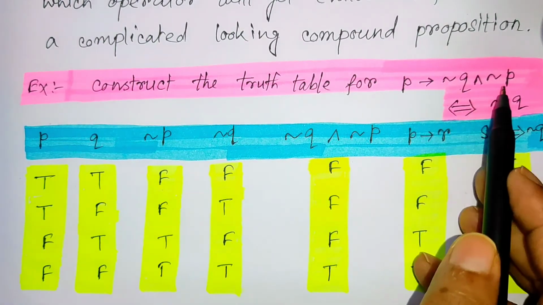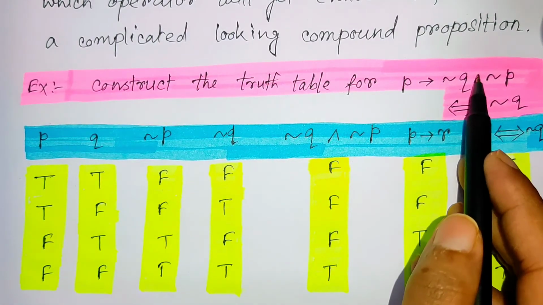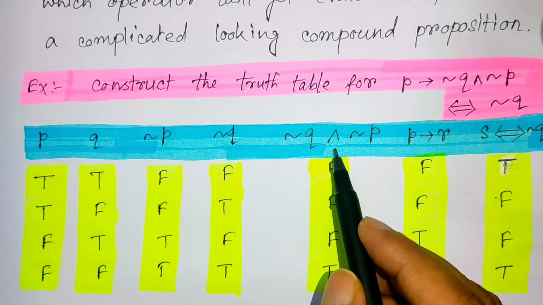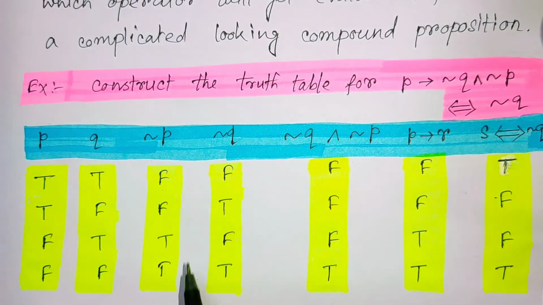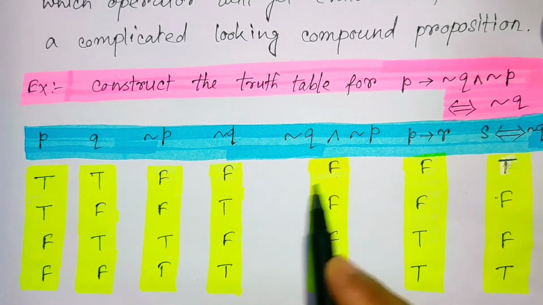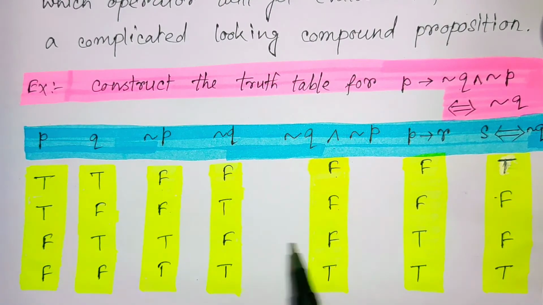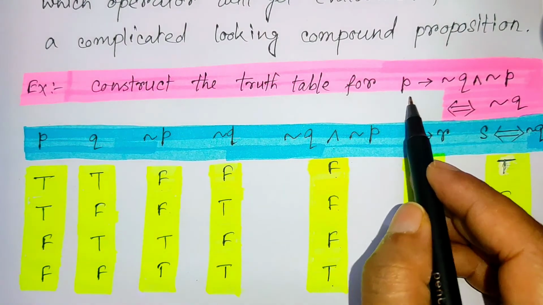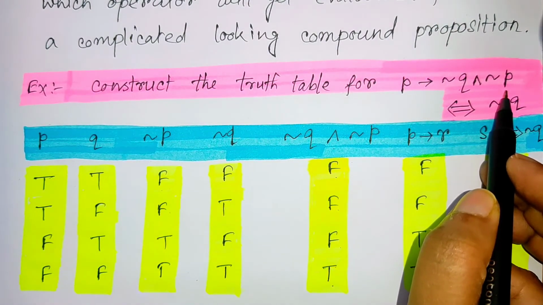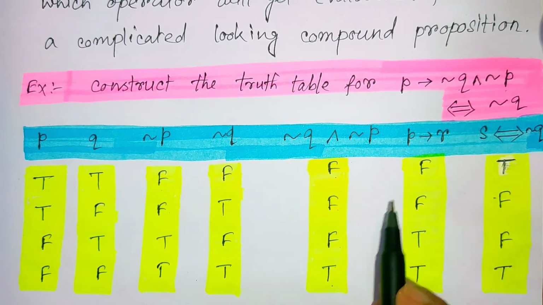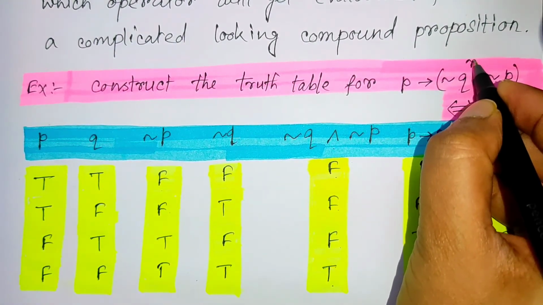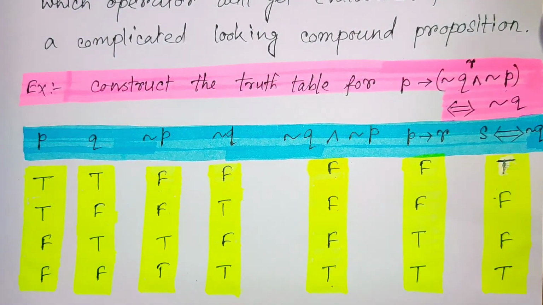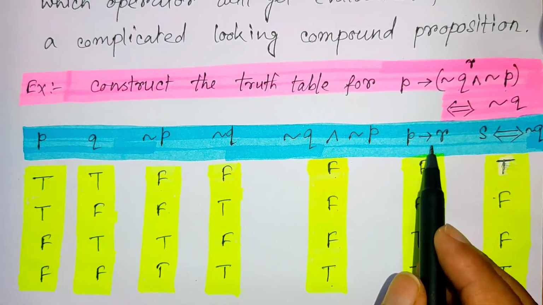Now what to do? At first we do not P and not Q. Then we should definitely do this operation, that is the AND operation. So not P and not Q, its AND operation is false, false, false, false, true, false, true, false, false, and true, true is true. After that, we should do this conditional operation because it is in the next precedence. Let us call this expression R. So now we have to do P implies R.